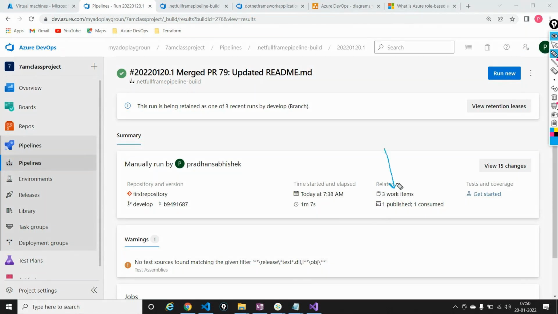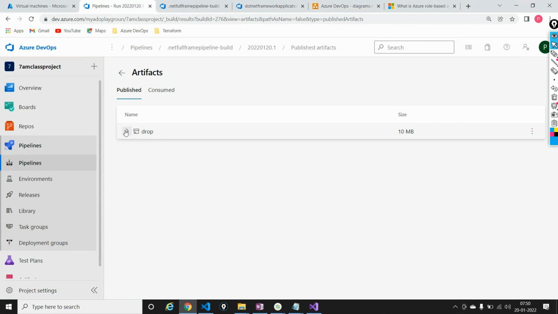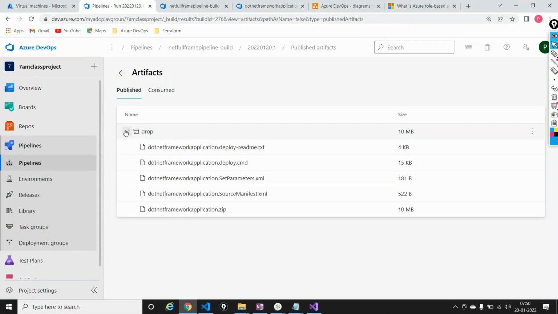It says one published, and if I go in here, it says something called drop. Inside this, the very important file that I actually want to look at is something called .NET Full Framework Application .zip. This is all the compiled application that I have right now, meaning if I now download this out